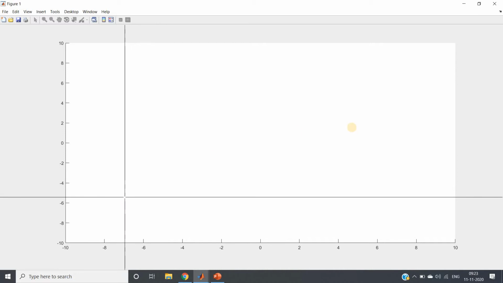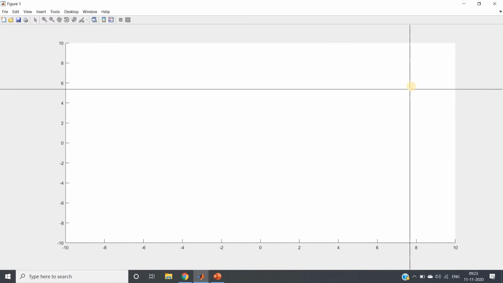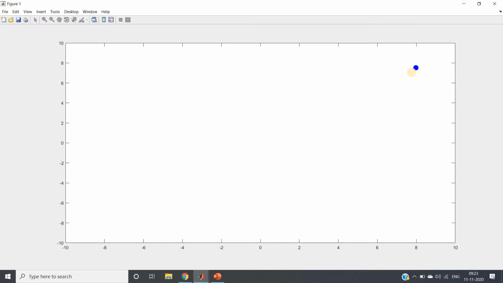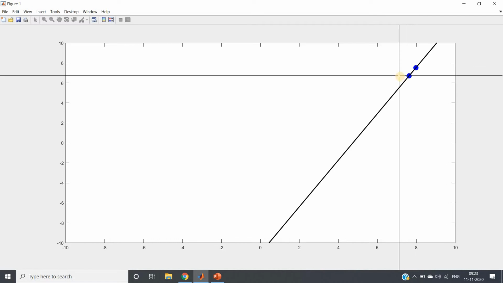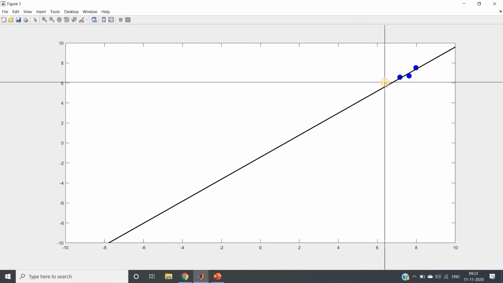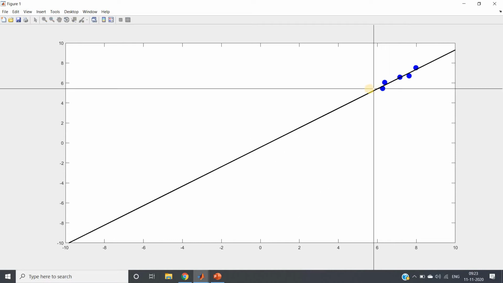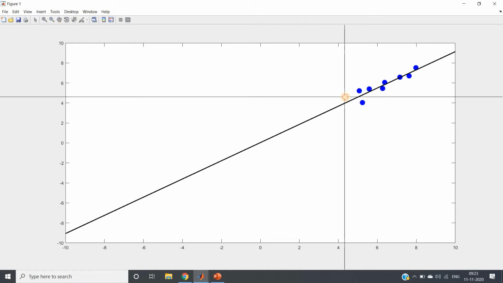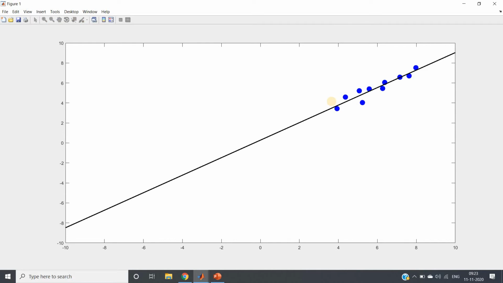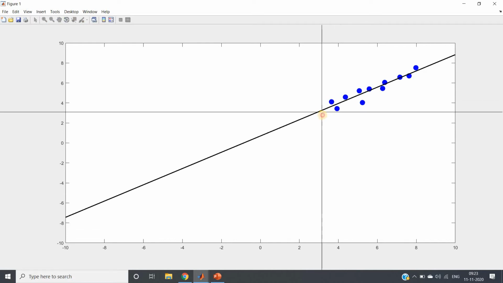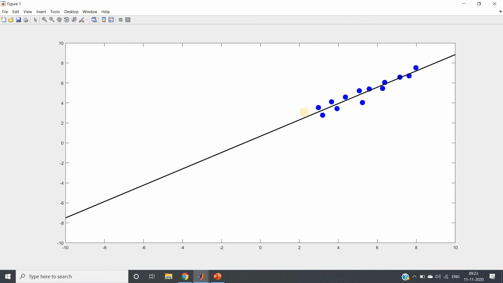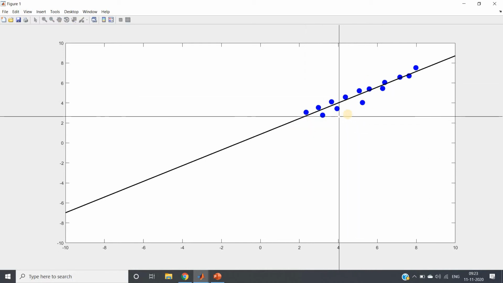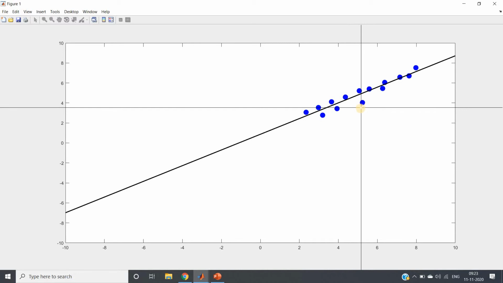So first, suppose my data points are like this: 1, 2, 3, 4, 5, 6, 7, 8, 9, 10, 11, 12, 13 and 14, but we need to enter 15 data points, so the 15th one I will put like an outlier.